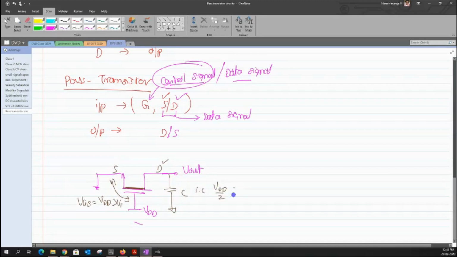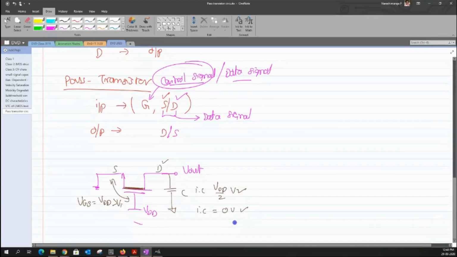Just for convenience, it can be any value. But the value that I have across this capacitor is not equal to VDD. This is what I am going to assume. So I'm just going to pick a value which is intermediate between VDD and the ground. You can even assume that this initial voltage across the capacitor is equal to 0 as well. Both these quantities are valid, and we can work with either this or this as our initial condition.